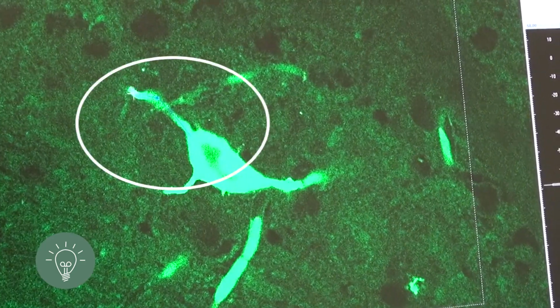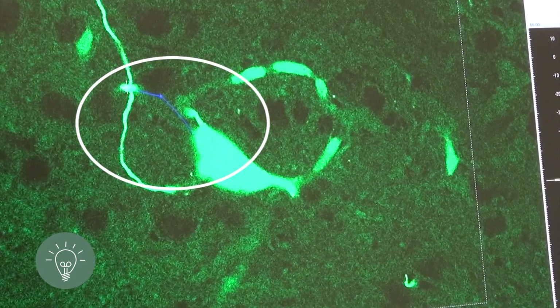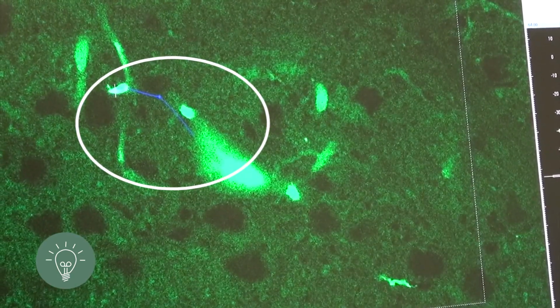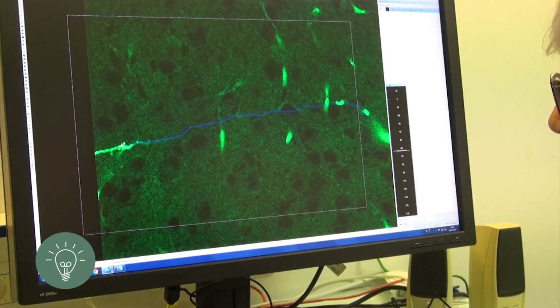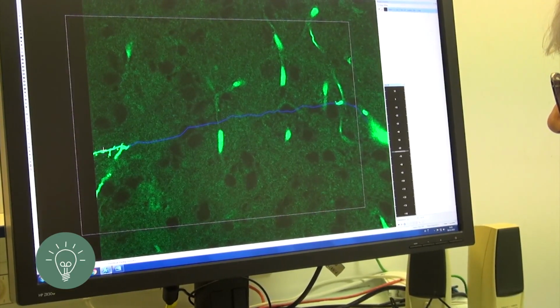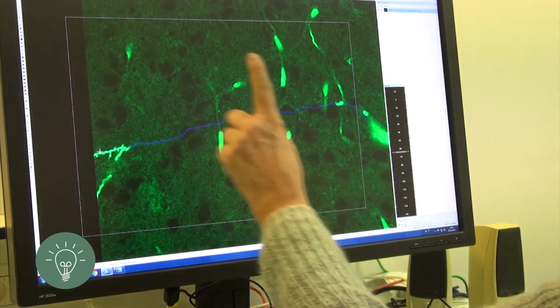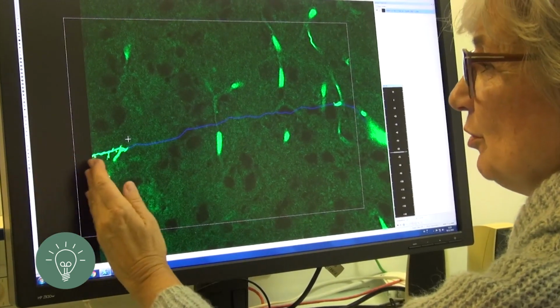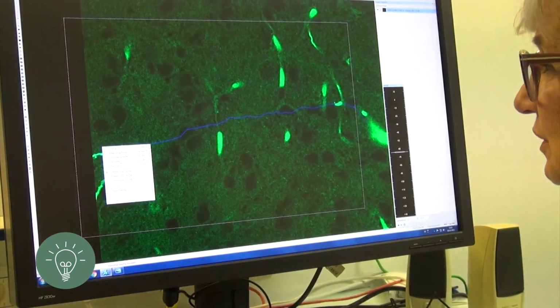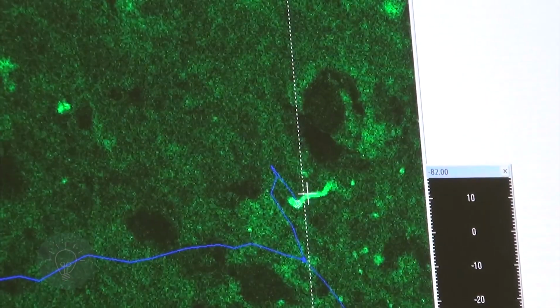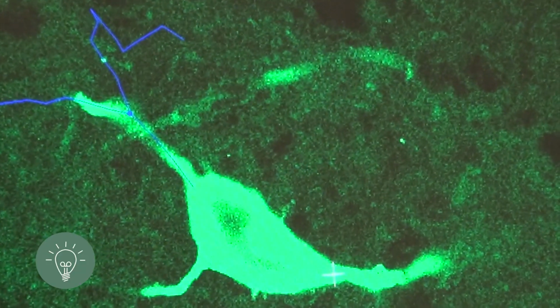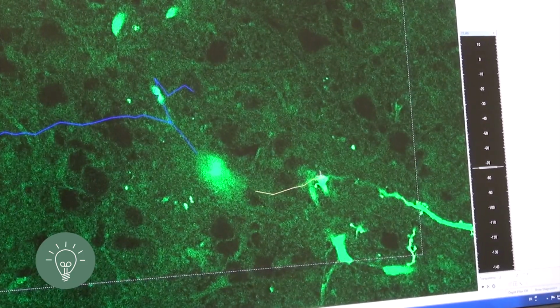What we need to do is take off from the cell body, and we follow. This you cannot see very well because the trace is blue against the green background of the neuron, but the spines are very visible here. We continue until we are off of the image. We go back to the point of the bifurcation, and from there we follow the branch that emerges from the dendritic trunk, which is in the second branch and which stops here.